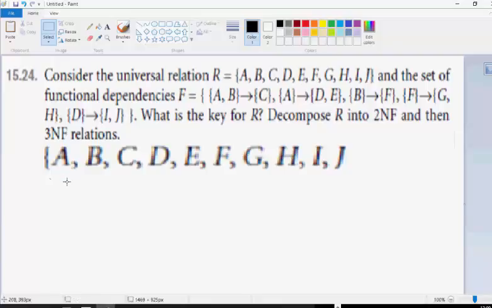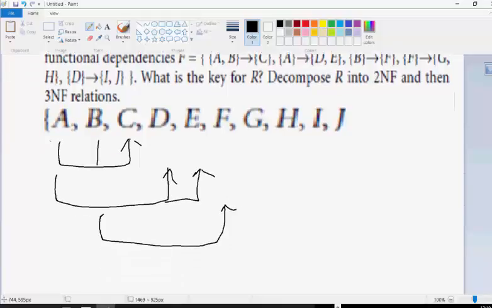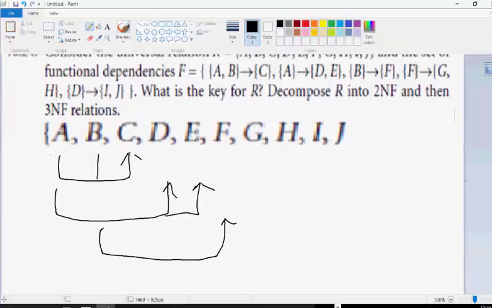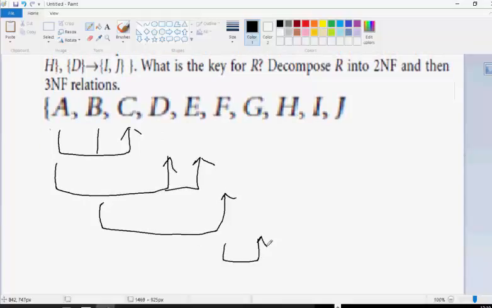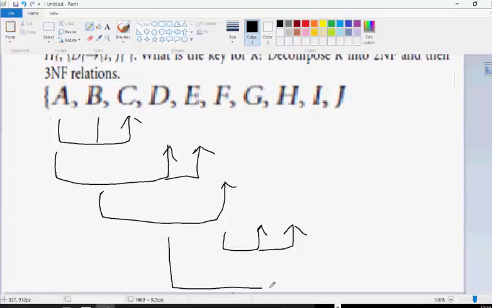So the first one is from A, A and B lead to C, so A and B together lead to C. Second one is A leads to D and E, to D, and also to E. Third one is B leads to F. Right, and we also have F leads to G and H. And finally, D leads to I and J. So from D, we can get to